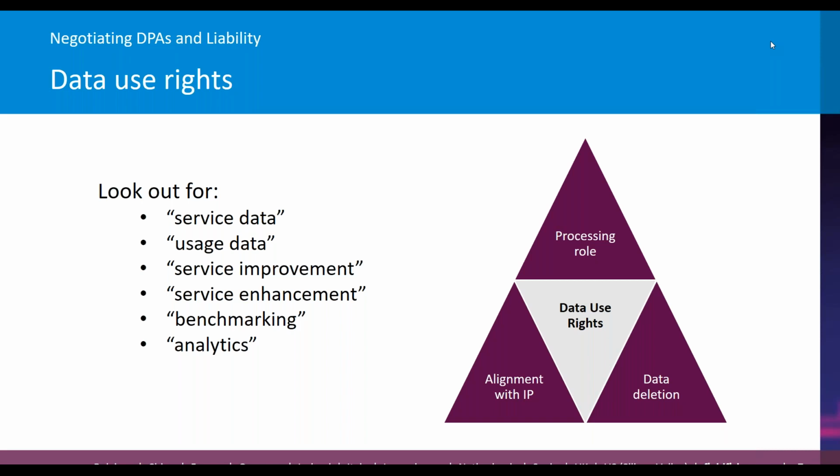It's increasingly common for very data-first companies. They want to use sophisticated AI or machine learning to evolve their products. All very important uses there to make sure that they're doing that agile development, particularly in a SaaS environment. But that often involves the processor then actually stepping away from being a pure processor of your data and into the role of being a controller for that secondary use case.